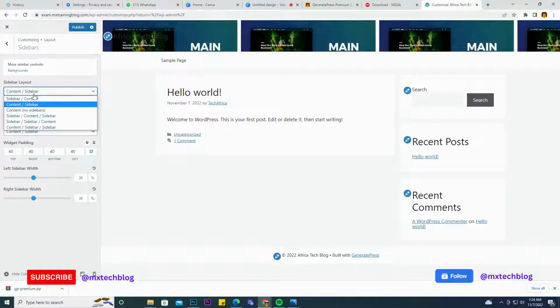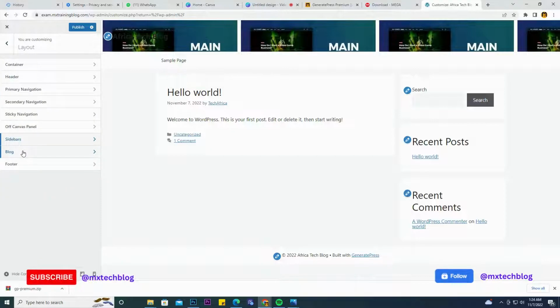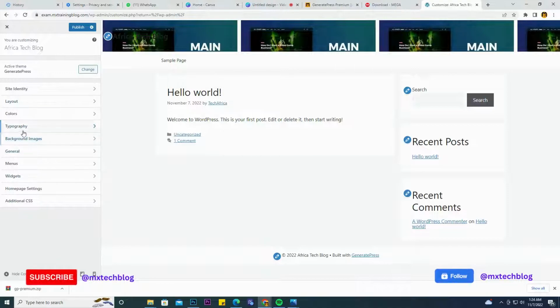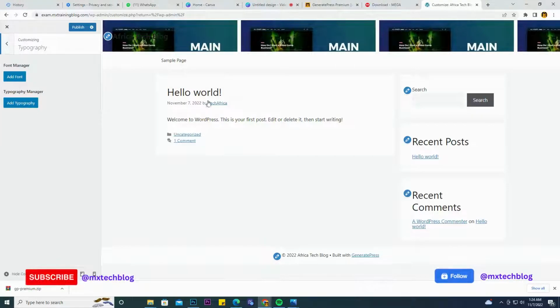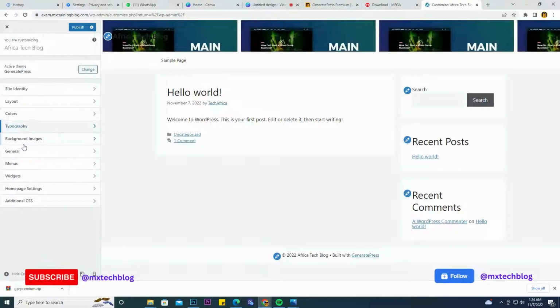Now you can see it is being created. That is the widget footer. That's the footer widget. So you can create any